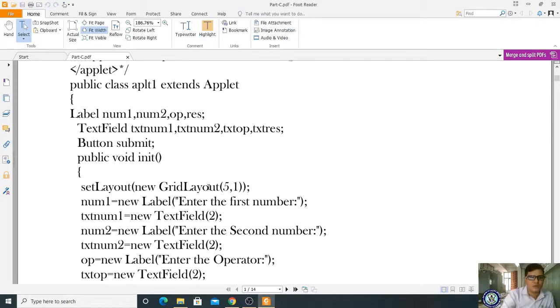Now you are displaying the label. That label is displaying as enter the second number. In front of that, you have to create a text field. Text num2 is equal to new text field, right? You are creating, and hence